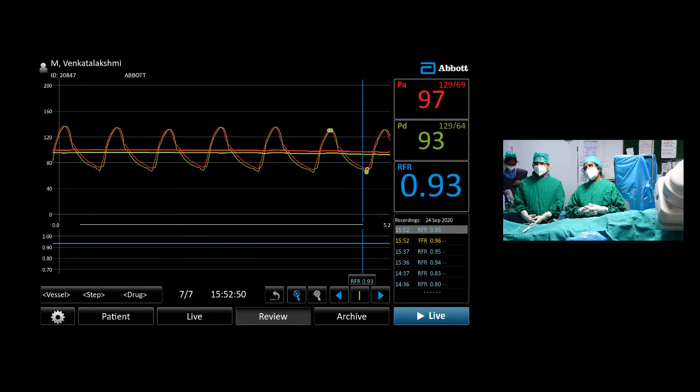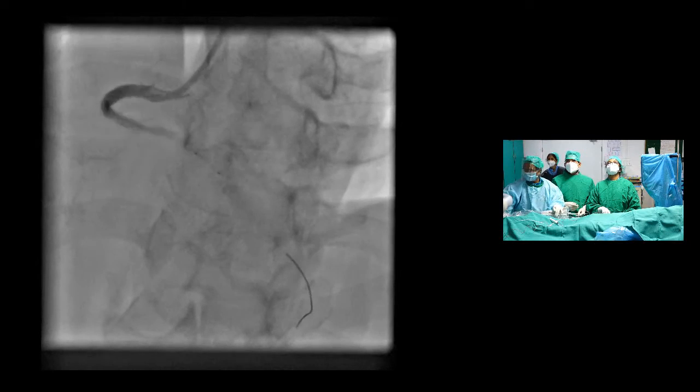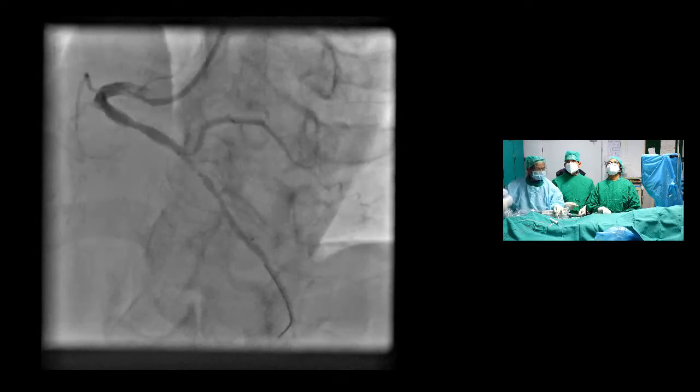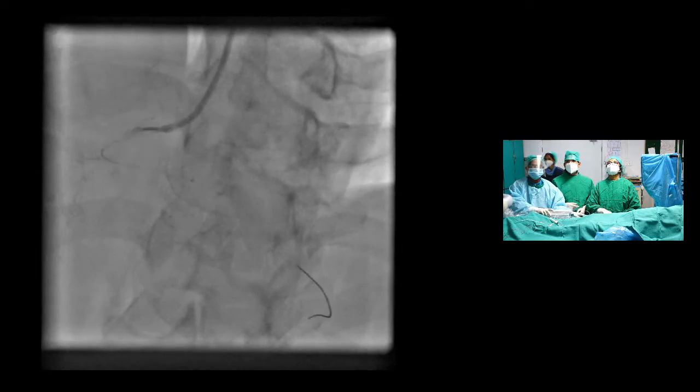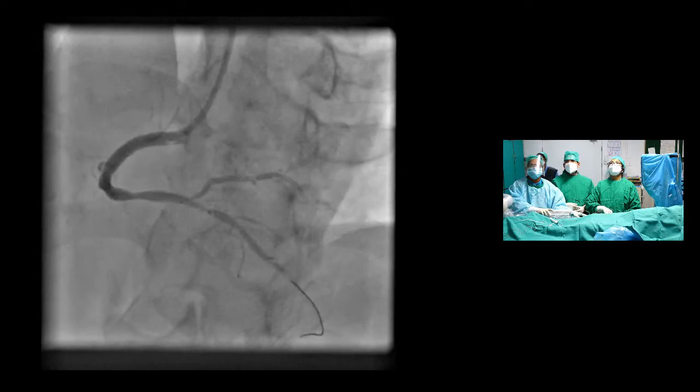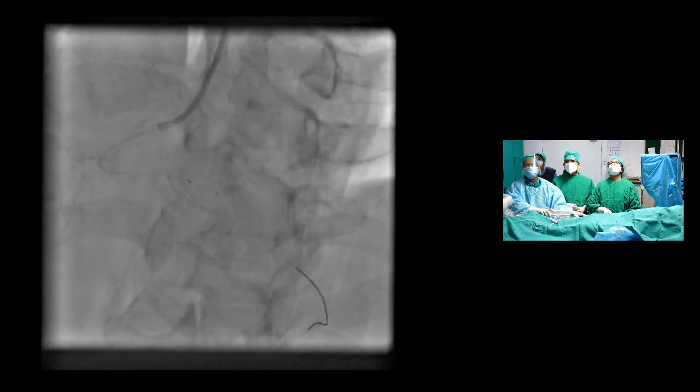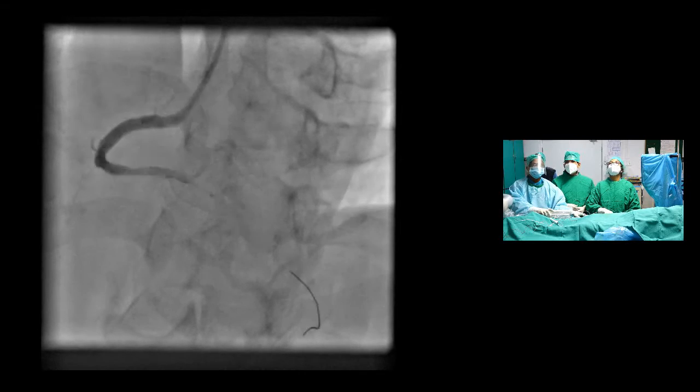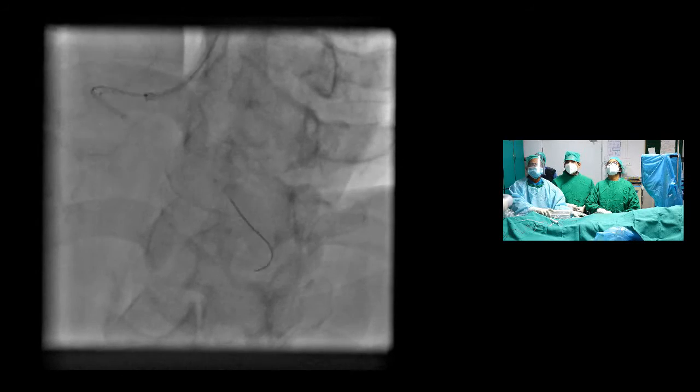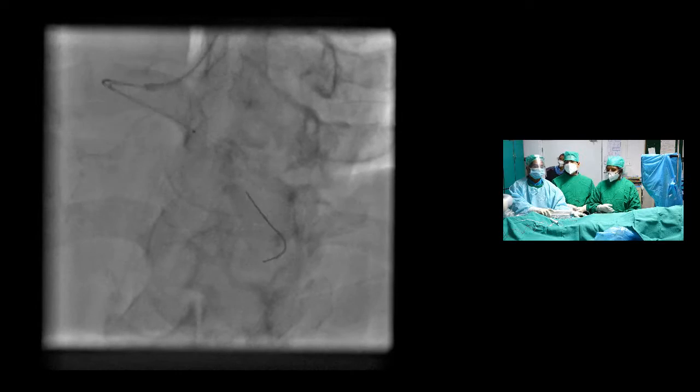If there is a vulnerable plaque, maybe I would use 1 or 2 stents to cover the entire RCA. But if I find that there is no vulnerable plaque, I would just do a stenting of the PDA, keeping in mind a provisional approach. Before doing the OCT, I pre-dilated the lesion because it's a very critical lesion, and the opacification will not be good if we do the OCT without it. You can see the OCT catheter coming in.